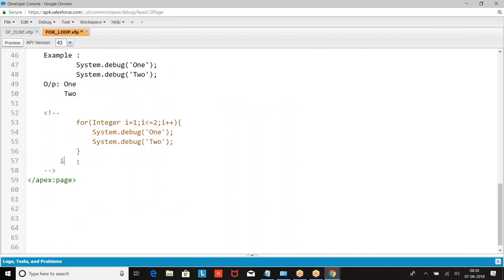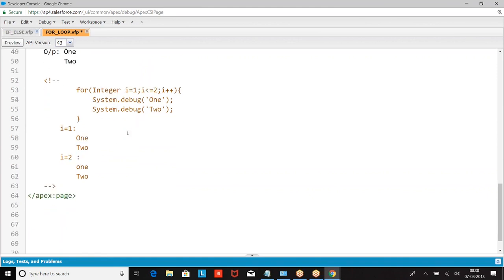Then what happened? First i equal to 1, the output you get is 1. Everything is completed, then again go to the for loop. What is the value of i? i equal to 2. What is the output? 1. Now i equal to 3, the condition is false, so stop the operation.